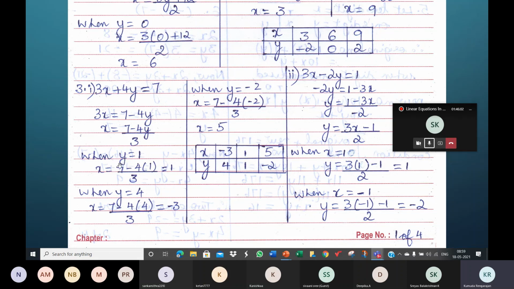Now you should jump in threes. Once you identify that first value, jump in counting the denominator. The denominator is 3, so skip in threes and get the next value. After y 1, you should use y 4. After 4, use 7. After 7, use 10. All those numbers will work. All those will give you only integer values of x.